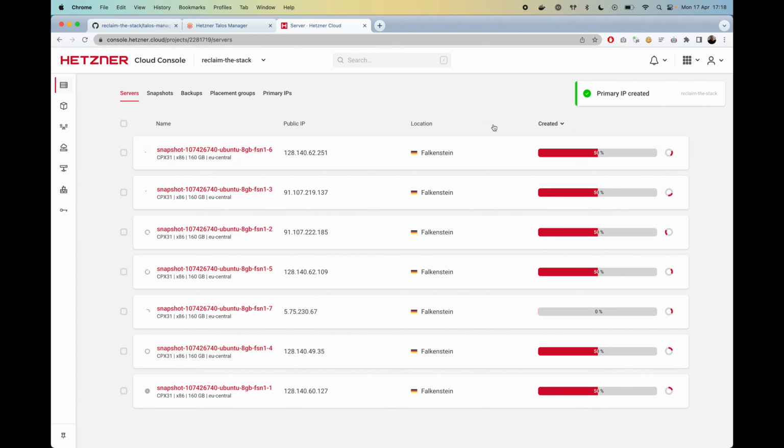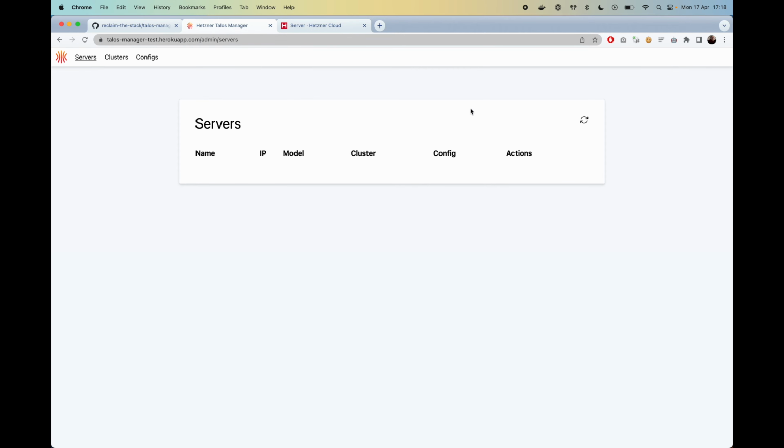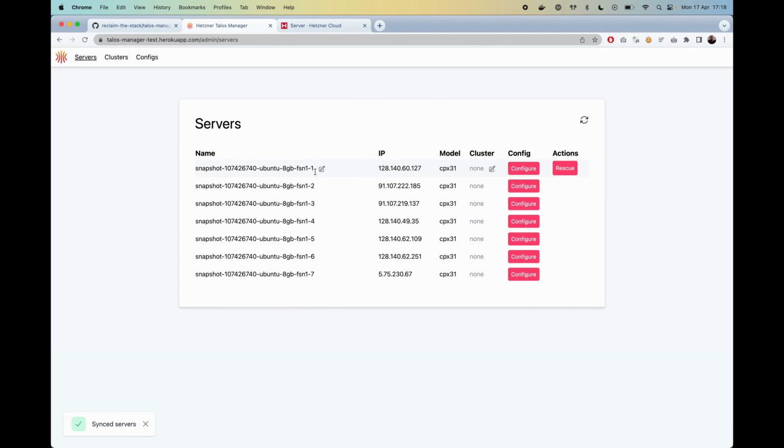Now the process for starting them is happening here. I've noticed that this seems to take a while longer when using custom snapshots, compared to the ready-made ones. So we'll just let that happen here in the background. And meanwhile, we can head over here and refresh. And we can start to name these guys. So we'll go with control plane for our control plane: 1, 2, and 3. And then we'll go with worker 1,